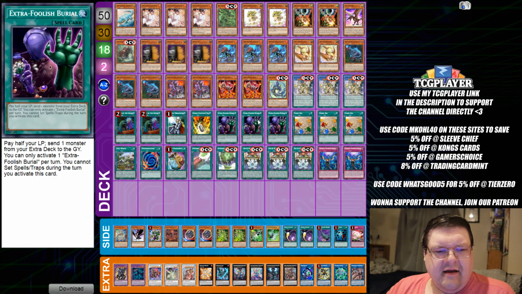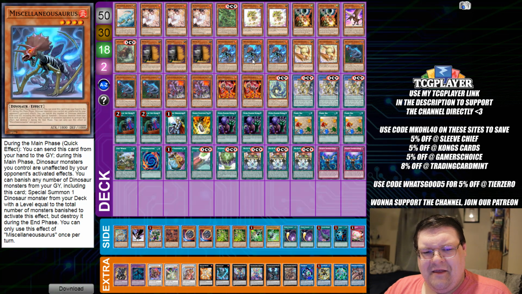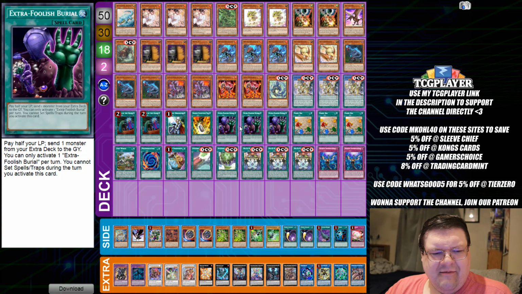The world of Foolish Burial, a Monster from your deck, returns with some dinosaur stuff. I mean, hey, you want to pay half your life points, mill off a misc to, I guess, try to start combo? This is kind of interesting. I don't know. Yeah, you know exactly what you're doing with this. You're going to send something from the extra deck to the graveyard, and then you're going to move on along